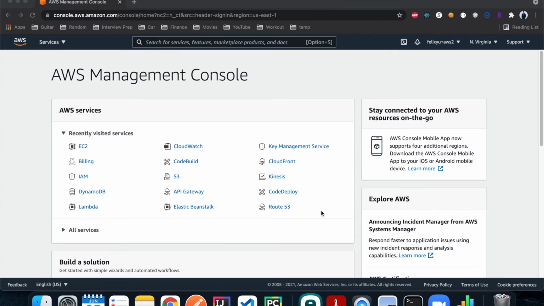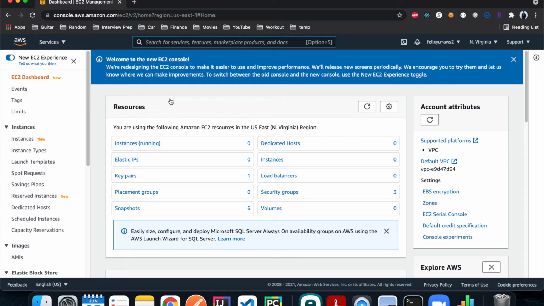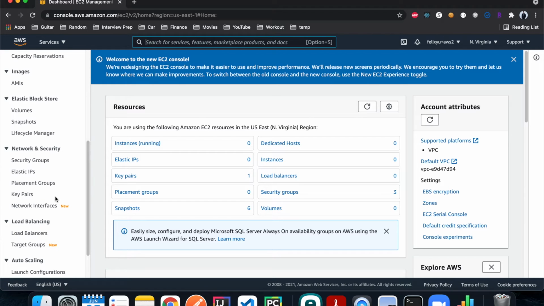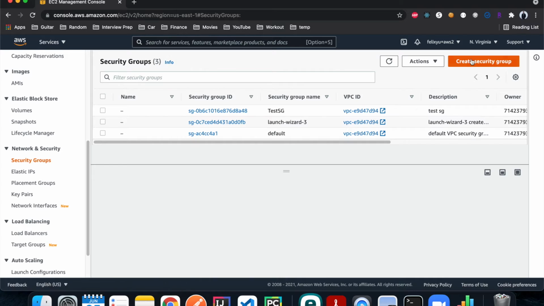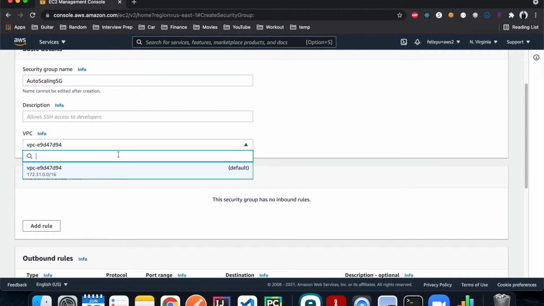Alright, so right now I'm on the home page of the AWS console, and we're going to do everything under the EC2 page. So I'm going to go there. So the first thing we're going to do is create a security group for the EC2 instances to use. So I'm going to scroll down on the side panel under network and security. I'm going to click on security groups, create, give it a name. I'll just call it auto scaling security group. I'm just going to use the default VPC,